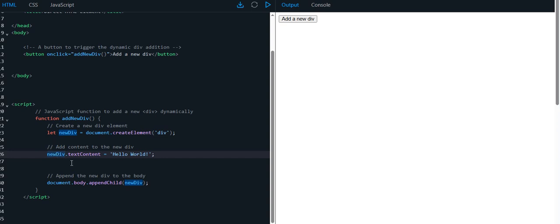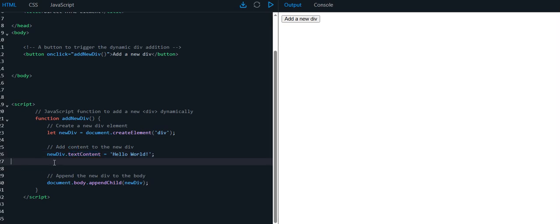For example, I put the content here, newDiv.textContent hello world, but you can also put other attributes on this variable,